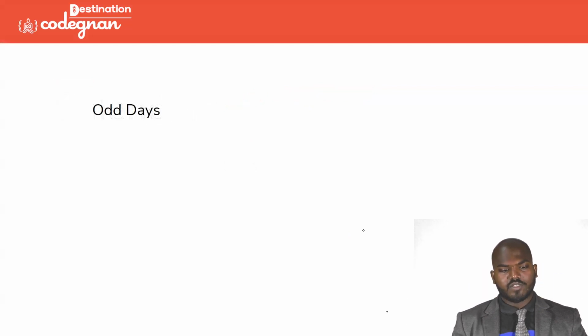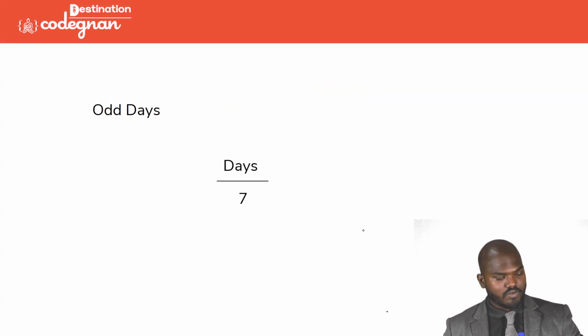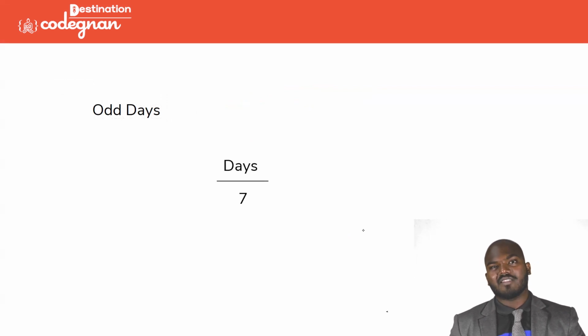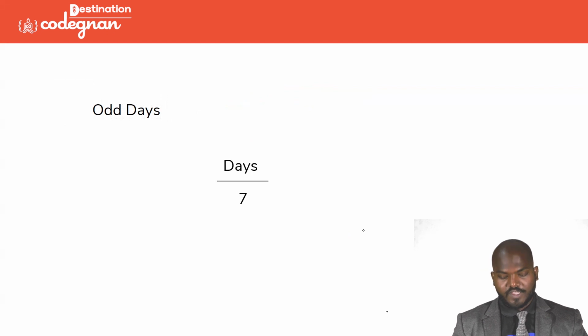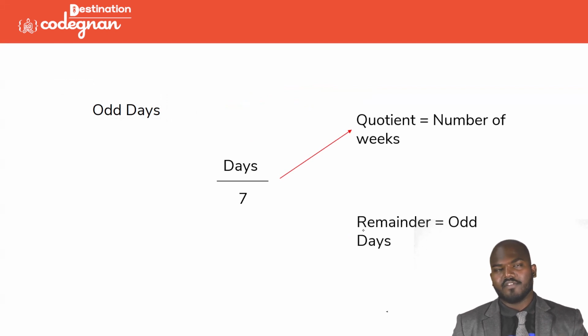So the odd days means what? In a week we have 7 days, right? So the quotient is equal to the number of weeks, and whatever value you get as the remainder,